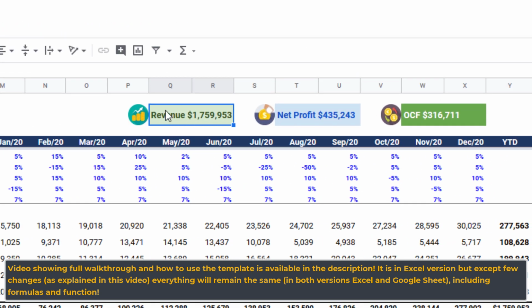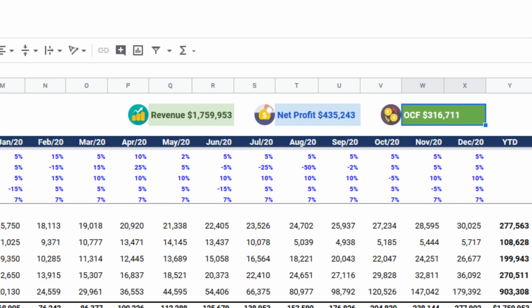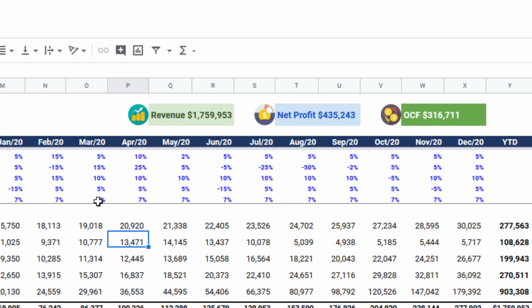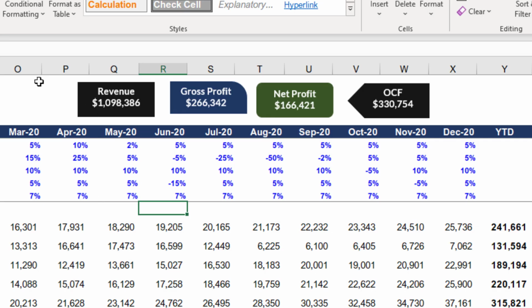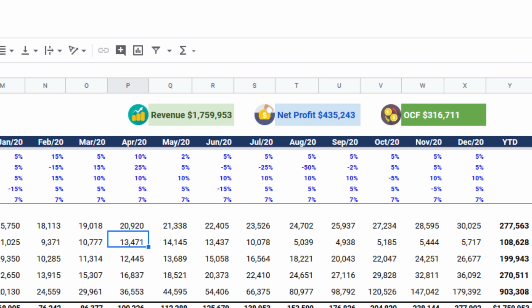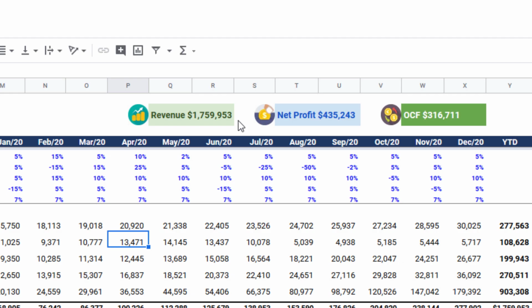Here I have just used the formatting and the cells, and merged them to put together this particular revenue KPI card. So I'm trying to create the same kind of effect in Google Sheet, and it also looks nice and visually appealing, even better than Excel, I should say. But it is the way you want. You can even make this kind of picture and analysis in Excel as well. But that is the workaround for the KPI cards, which we have in Excel in the form of shapes, which we don't have here in Google Sheet.